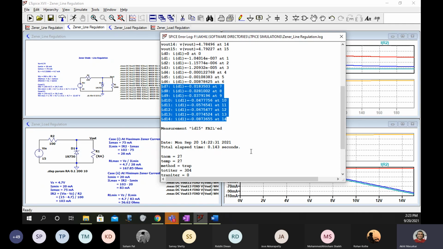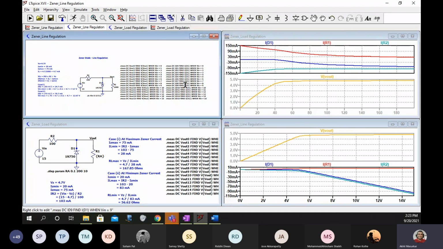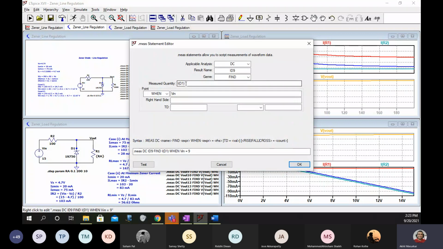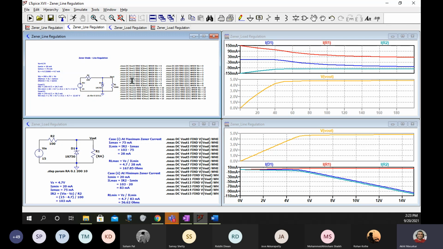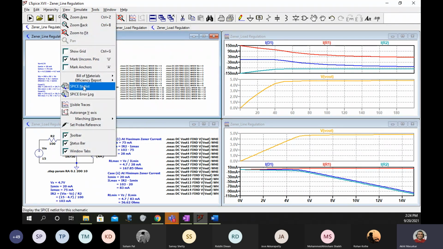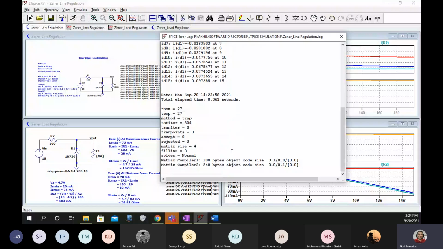So it's quite possible. Why did the last one fail? Because there was a double bracket here. Otherwise now we can get ID 15 also.